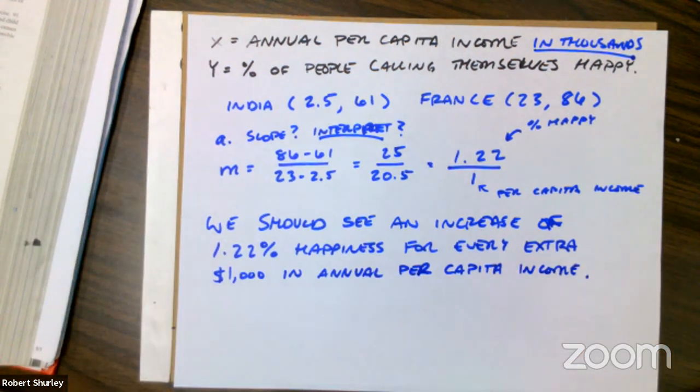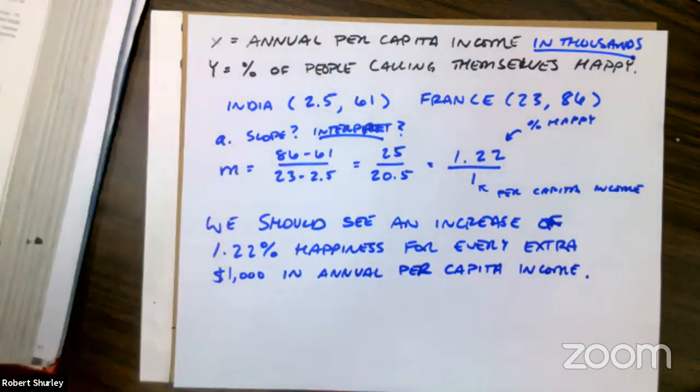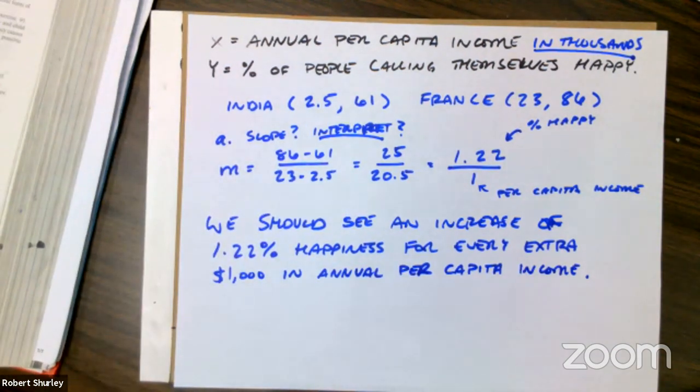Okay, we should see an increase of 1.22% happiness in our population for every extra $1,000 in annual per capita